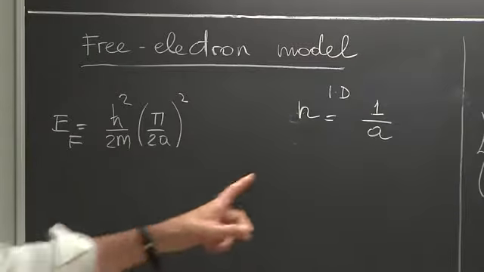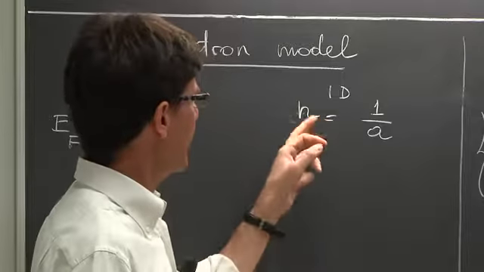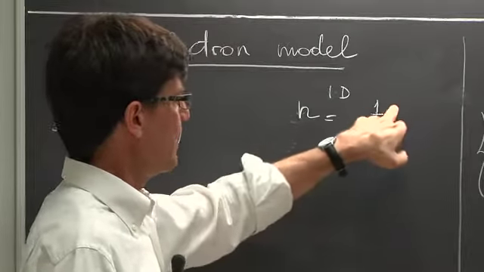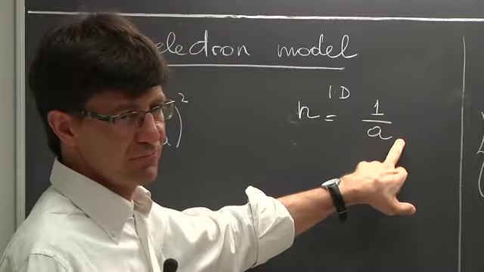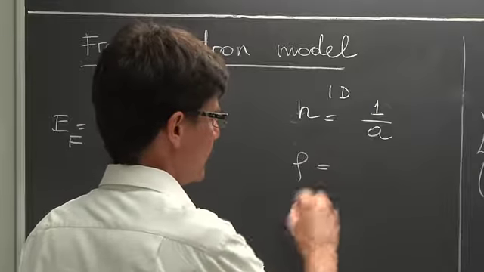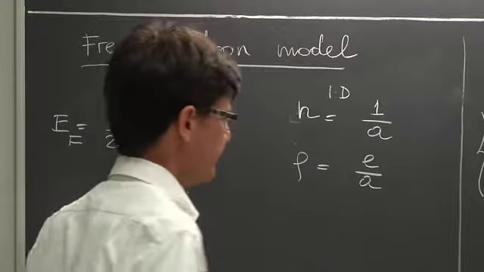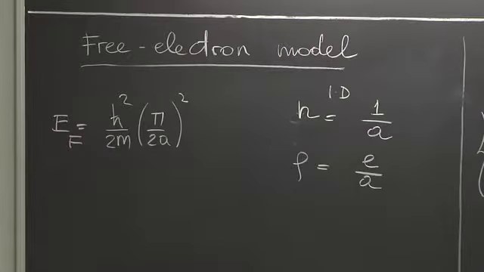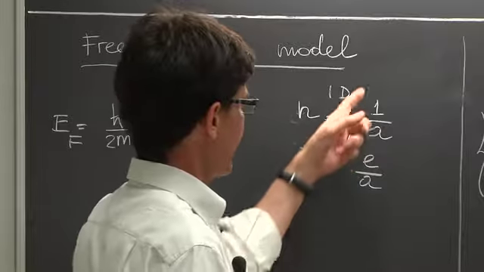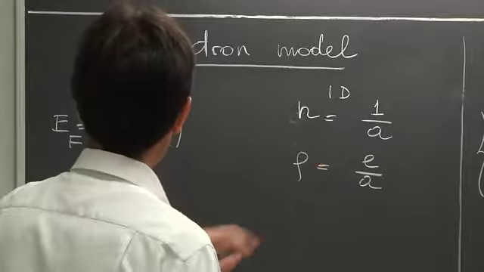I'm talking about number density, right? I'm not using rho. I don't know what kind of notation is used in general, but by n, I typically mean the number density, the number of electrons per volume. Sometimes you may wish to use rho, the real density, but then density would be e over a. I mean, it depends on the notation, of course. This is the charge density, this is the number density, the number of electrons per length. Let me use the number density, 1 electron per a. Which means for a one-dimensional system,